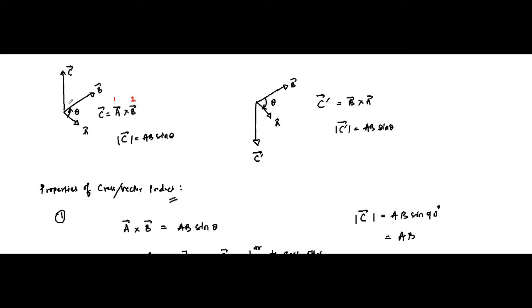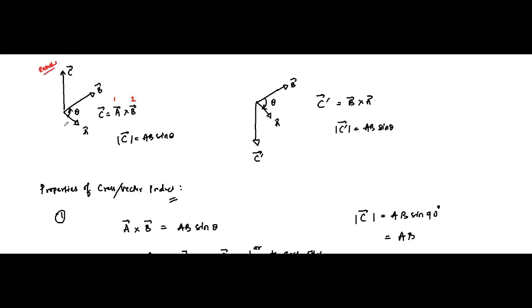Now the direction of the angle theta is from A vector to B vector, as if it is trying to rotate A vector into B vector. So as per the right hand thumb rule, which we have already discussed in the first video, so I will not repeat it again,